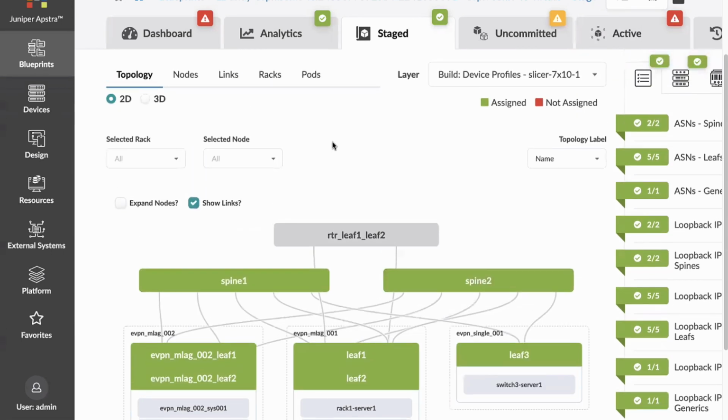Can I ask a quick question here? Sure. Like the adding of the switches, the pre-staging, you added those switches directly. Can that be pulled from a source of truth or an inventory database? Or is this meant to be the source of truth for that? Yeah, I mean, everyone's got a source of truth now, right? But